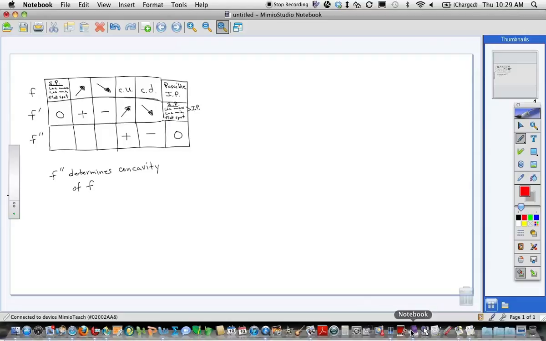Okay? So notice F double prime mostly tells us about concavity and inflection points of F. Of course, F double prime does tell us all that other stuff about F prime, but that's just the same relationship we've already been working on for what seems like forever. Okay? All for like 4 days or whatever. All right. So let's take a look at